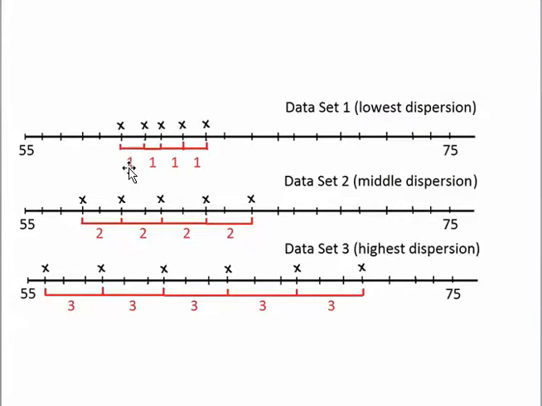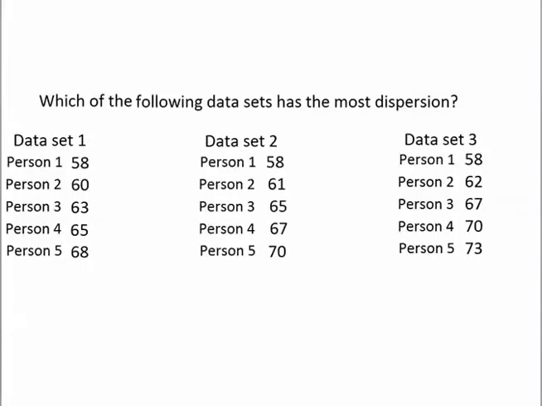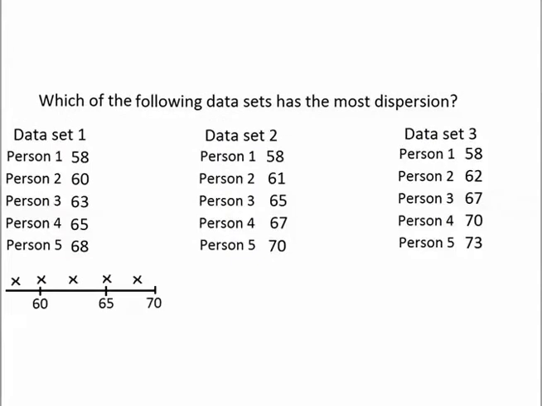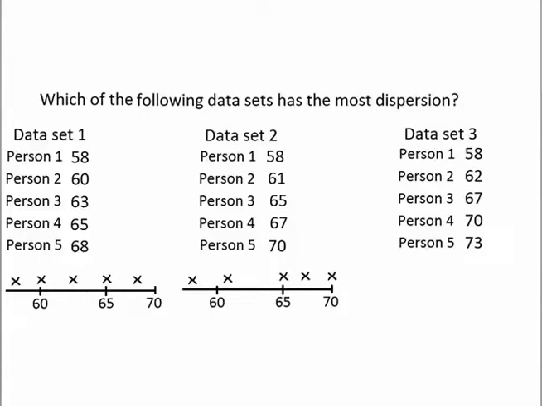And I made the values equally spaced in this example just because I wanted to start with a simple example. Next we'll look at another example of 3 data sets, and this time the values won't all be equally spaced. So what if these were our 3 data sets? This one has some dispersion, but not very much. This one has more. This one has a little bit more dispersion because